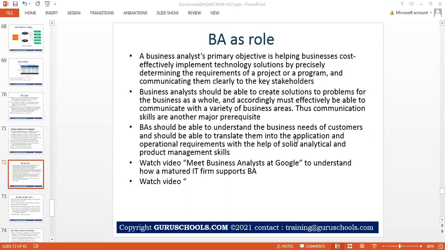analyst's primary objective is helping businesses to implement technology solutions cost effectively, precisely determining the requirements of a project, program, or a support, and communicating them early with the key stakeholders so that we remove all the confusion, we remove all the extravagant